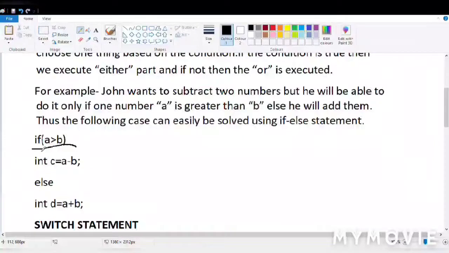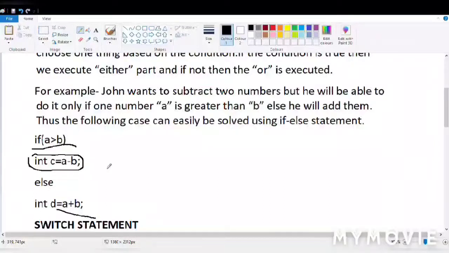So here in the syntax, this is your condition, and if this condition becomes true, then this part will be executed. This part will only be executed if this condition is true. Else, if this condition is false, that is A is less than B, then this part will be executed, that is A plus B. So this is mainly the syntax of if else.